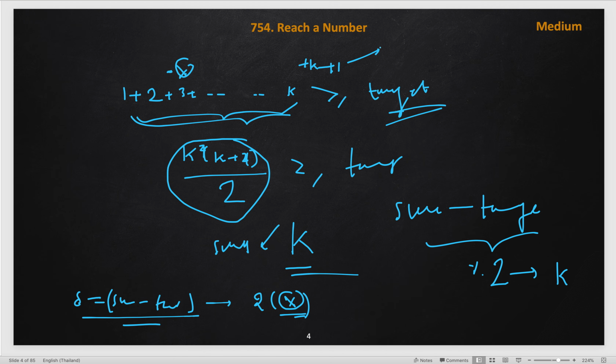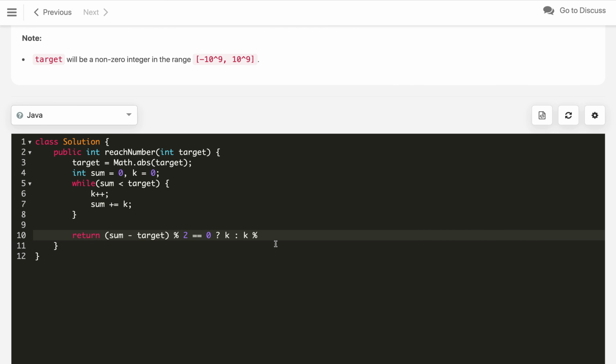If k is even, then k plus 1 is odd, and the difference itself is odd, and if we add another odd entity, this will become even. So if k is even, in that case we will return k plus 1, because we just need to add another step. Otherwise, if k is not even, then we have to add k plus 2.